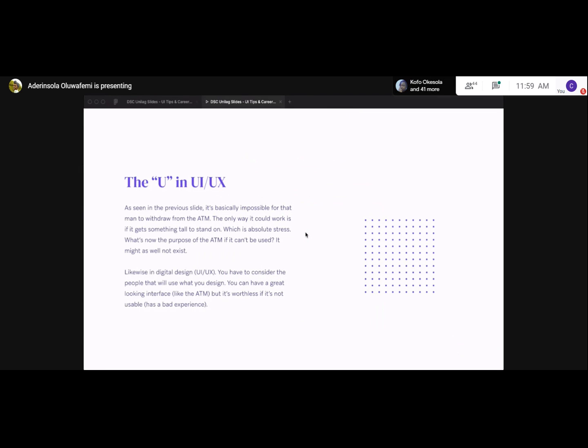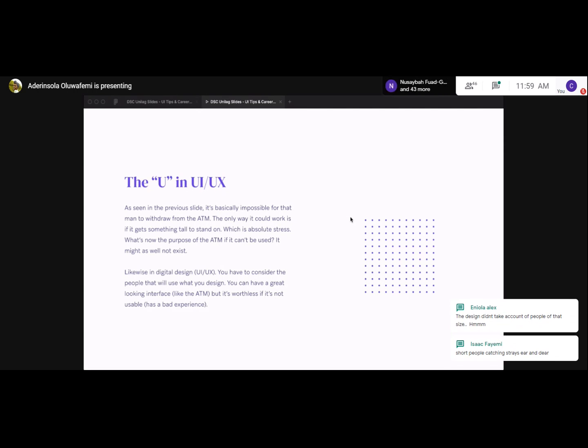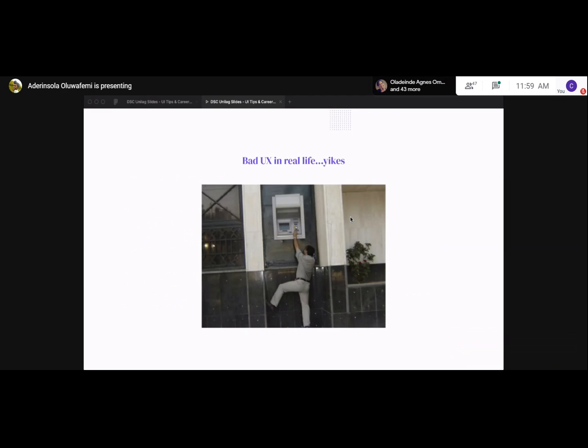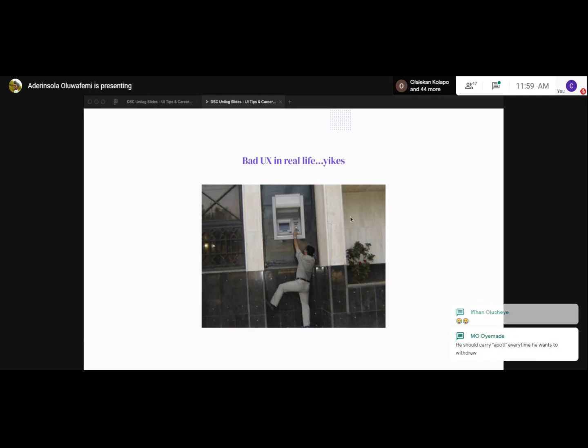So the U in UI UX, as we know, stands for user. As seen in the previous slide, it's basically impossible for that man to withdraw from the ATM. The only way it could work is if he gets something tall to stand on, right? And that's absolute stress, because what's the point of the ATM if you cannot use it with ease? Nobody is likely to use it. People would probably just walk past this because it's going to be stress to use. Unlike my mentor, Daniel Abayami, who said that he doesn't mind jumping and doing exercises when he wants to withdraw money. Maybe you're like him, but